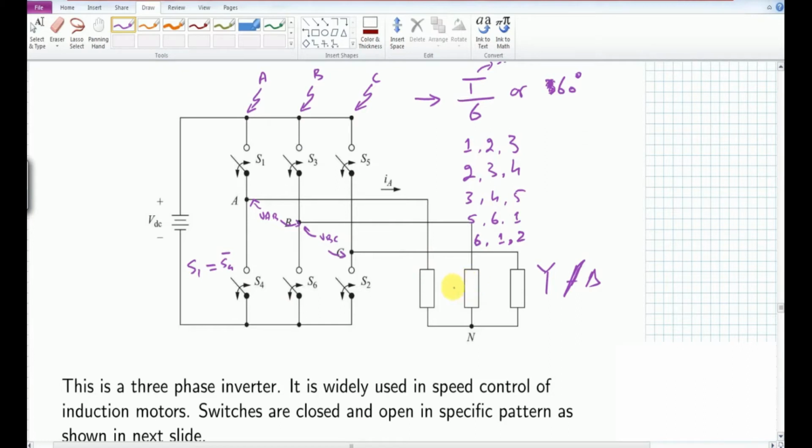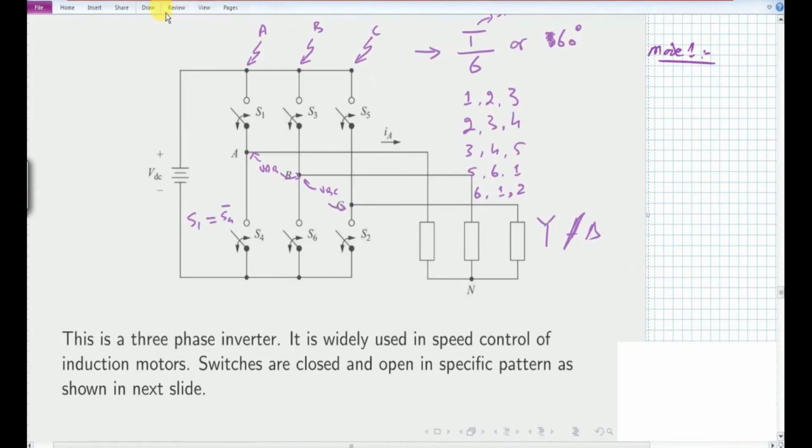So this is how we will evaluate this whole scheme, and we should notice that sometimes we have two top switches working with one bottom switch, and at other times we have two bottom switches conducting with one high side switch. So in here you can see that we have mode number 1. For this mode 1,